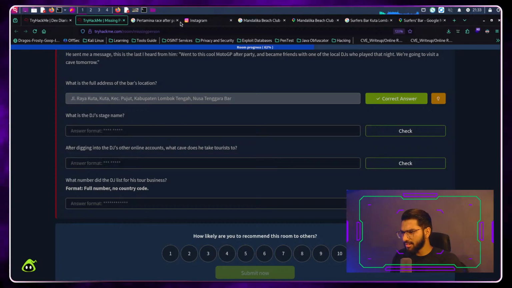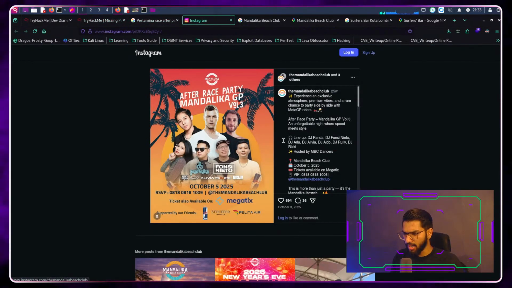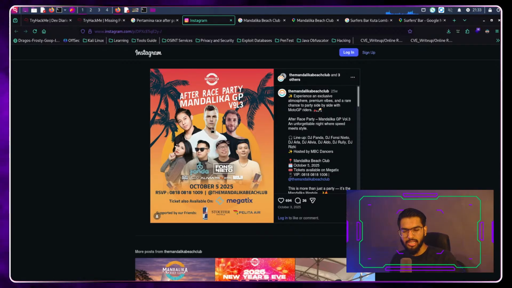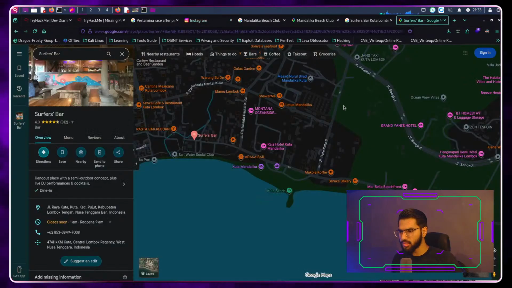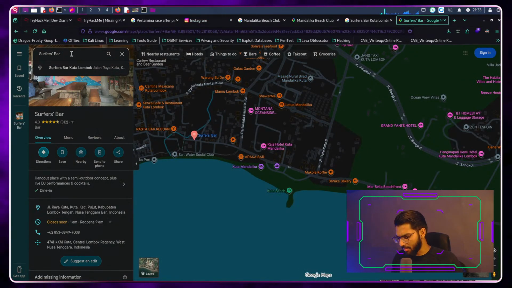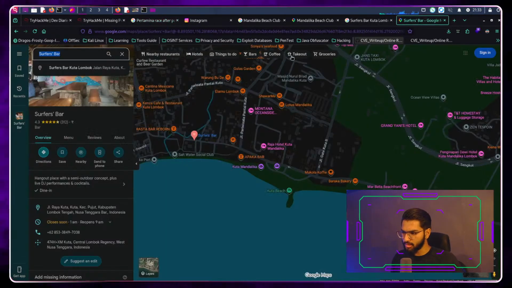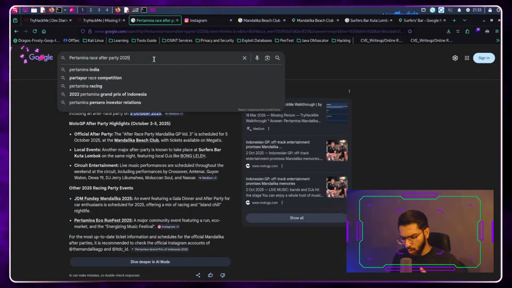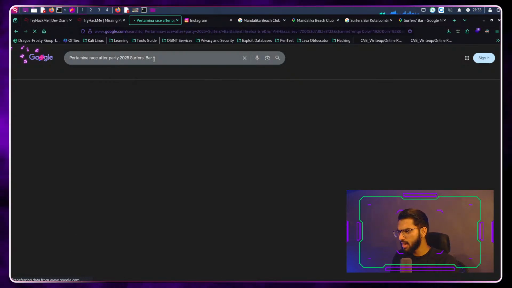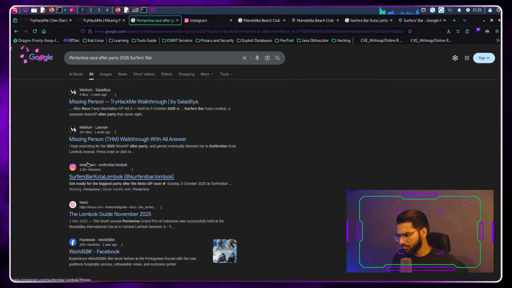So we can try out those names, but since it is not about this event or this event's details or the DJs, we are looking specifically for the serves bar's event that happened. So we want to identify who were the DJs who had come to this bar for that specific day for hosting the events. So after party, I'm going to edit my search term here and press this there.